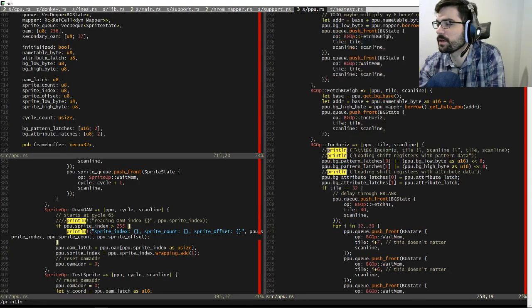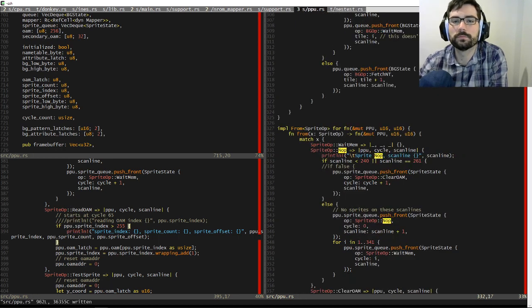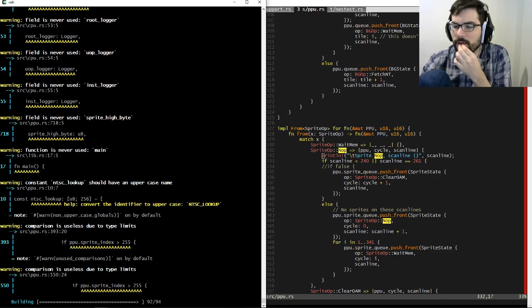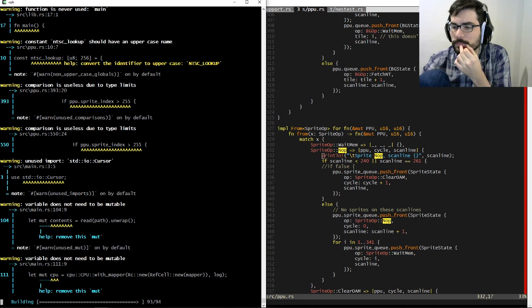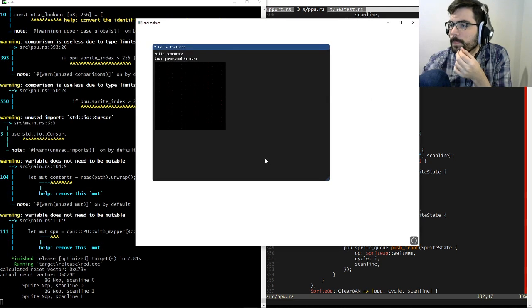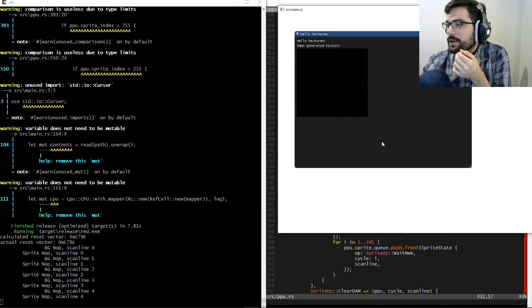I should have put this back in, actually, because it's still going to incredibly crawl. And I still don't really know why. So that would be the next thing, is to figure out why this is so bananas slow.